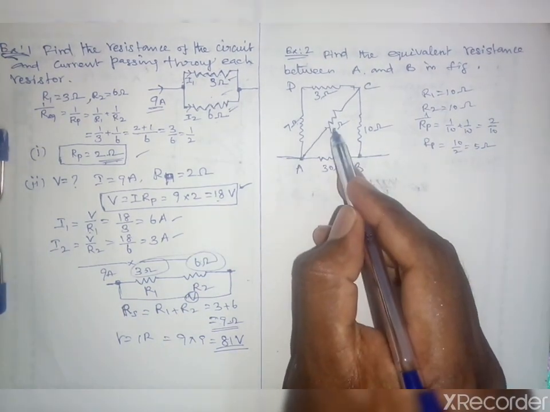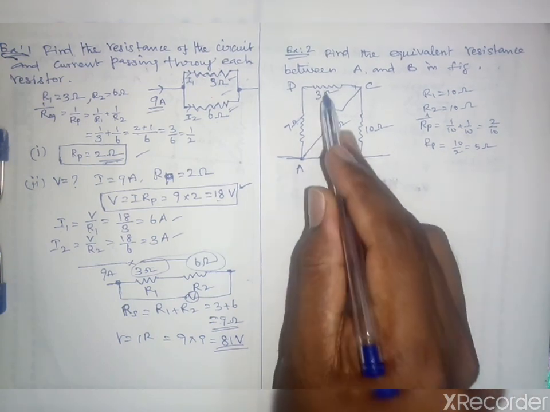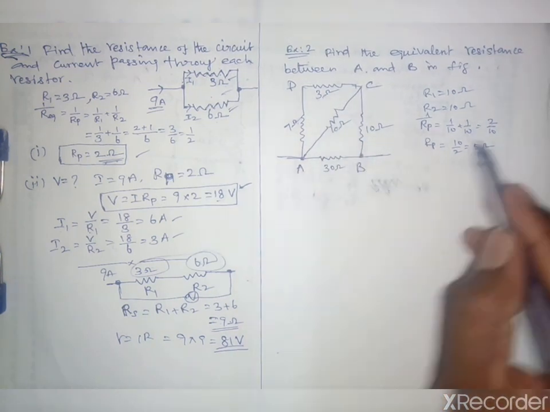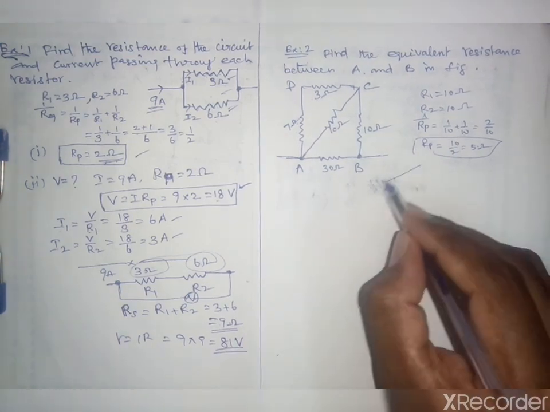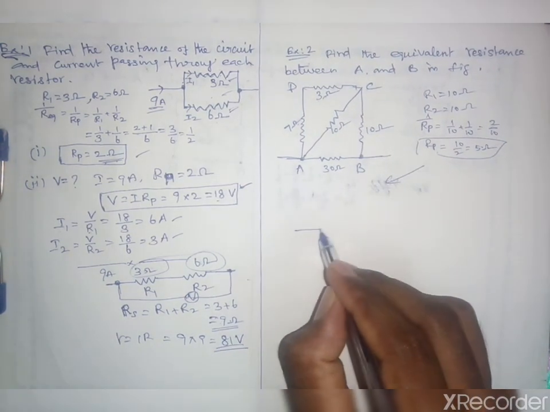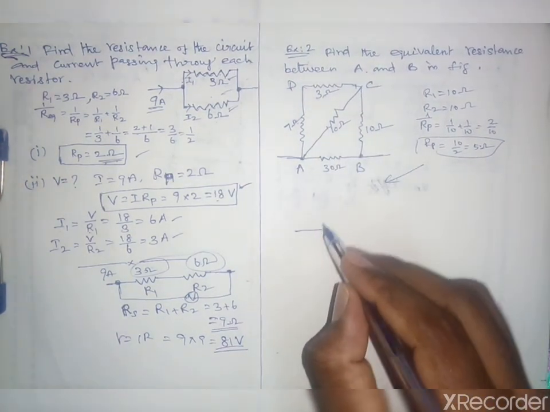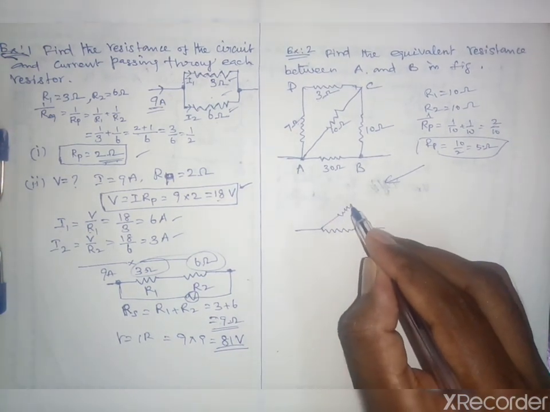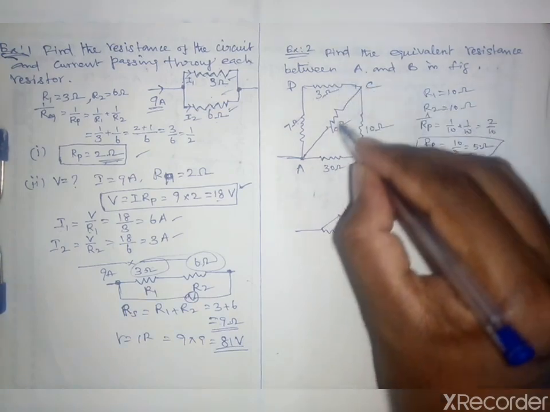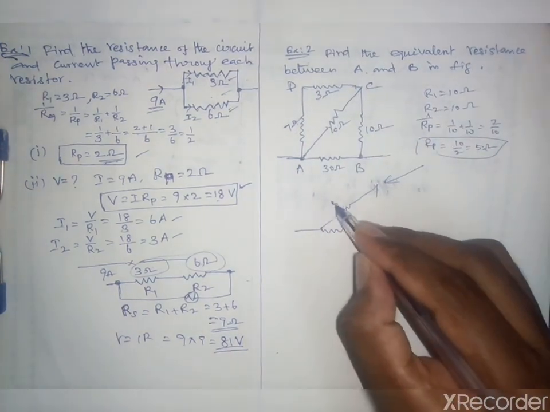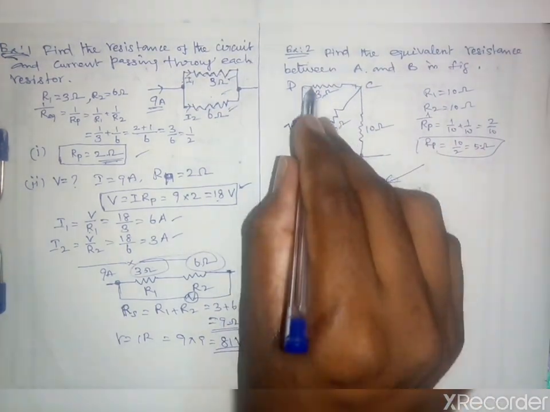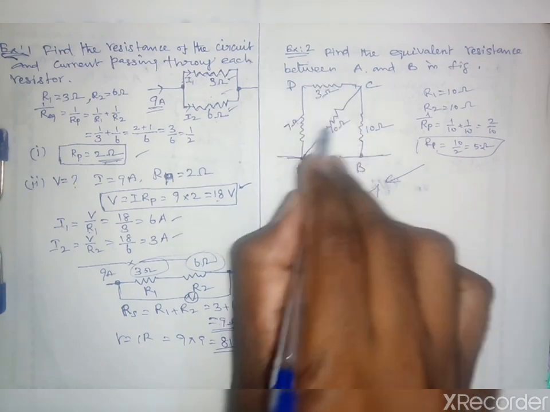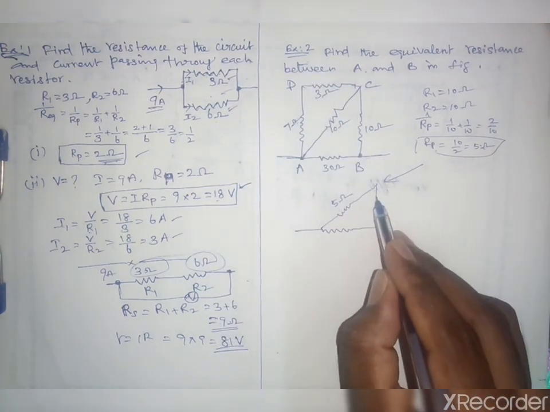So 7 plus 3, 10 ohm, this 10 ohm connected in parallel. So simplify this entire branch gives the 5 ohm resistance, 5 ohm. So we can simplify this as, so this diagram is simplified as, so this is the one branch, and this entire branch is taken as 5 ohm, because 7 plus 3, 10 ohm plus 10 ohm connected parallel, the equivalent of this branch will be finally 5 ohm.